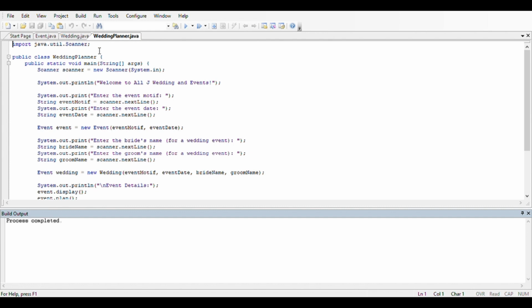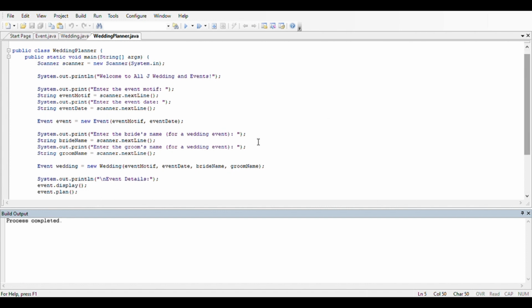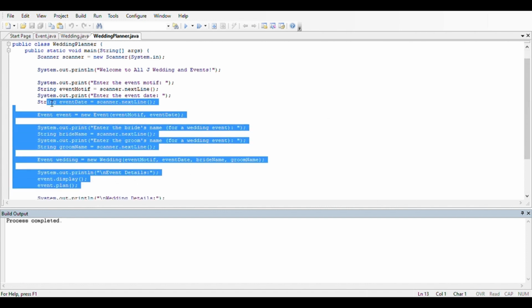Third is the wedding planner class. This is the main class that contains the main method, serving as the entry point for the program. It creates a scanner object to read user input from the console. The program prompts the user to enter the event motif and date using the System.out.print and scanner nextLine